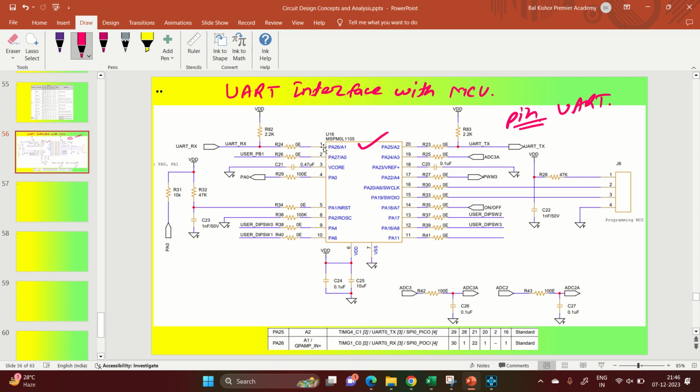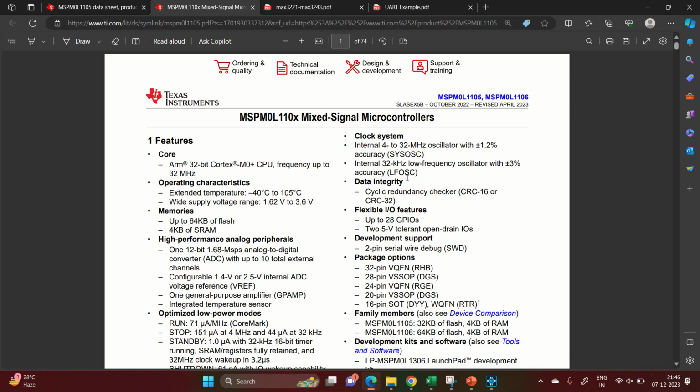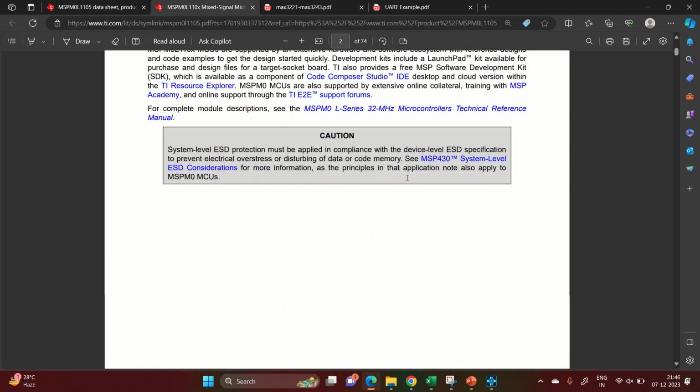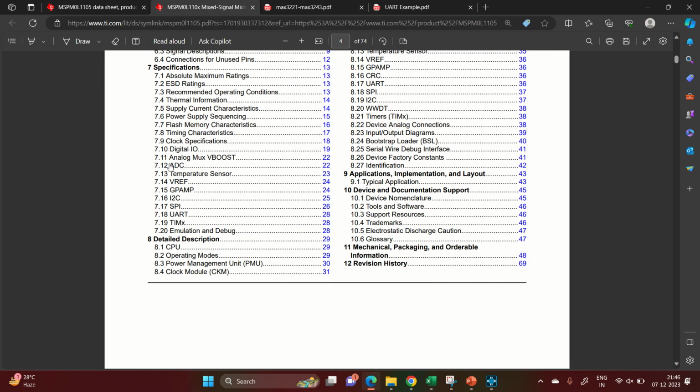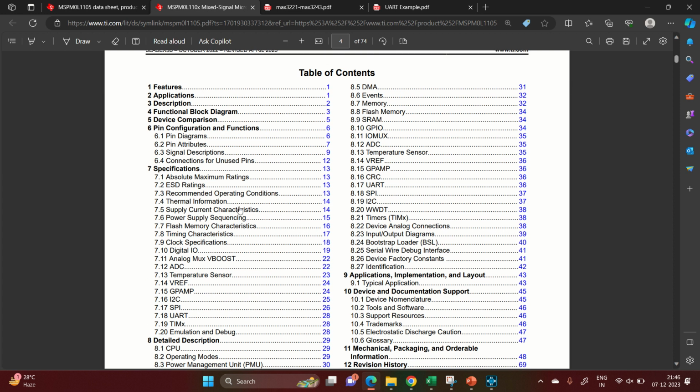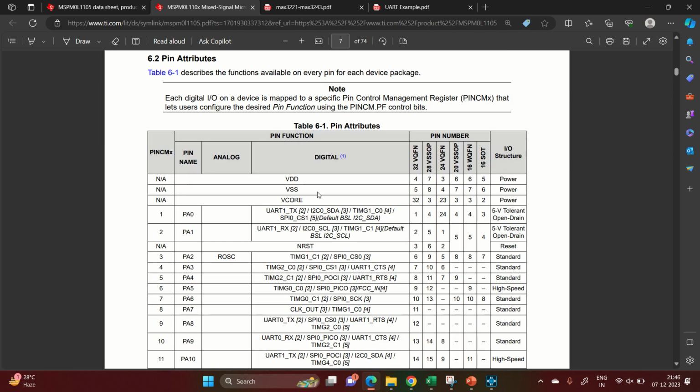Okay. So let us open this particular data sheet, MSPM0L1105, and we will see what pins are dedicated to UART. If you come to the data sheet, go to the table of contents, and there is something called pin attributes or pin diagrams. In this we can see these are the pin attributes. Okay. So our aim is to see